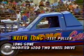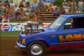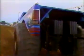Keith Long Gone out of Glasgow, Kentucky. We've got a whole crew of top two-wheel drive pullers. Very, very important here. They've changed the track a little bit. They brought some topsoil in to kind of mix up with the tough Tennessee clay that's been so popular down